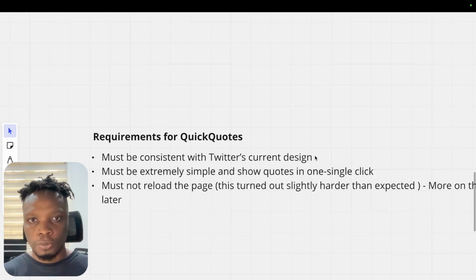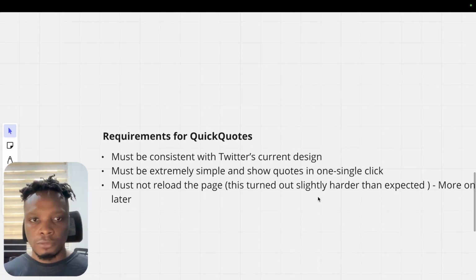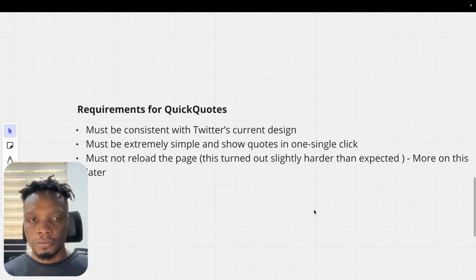I just wanted it to be consistent, to look as if Twitter designed it as a feature. I wanted it to be extremely simple and show quotes in a single click, obvious. I also wanted to make sure it did not reload the page at all,